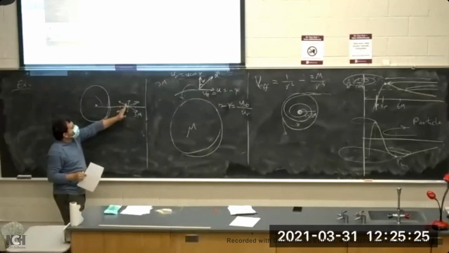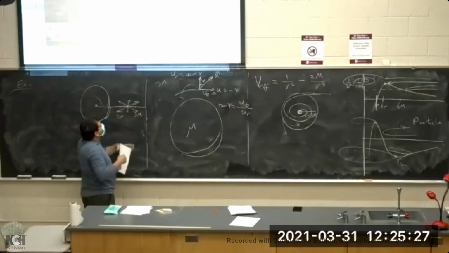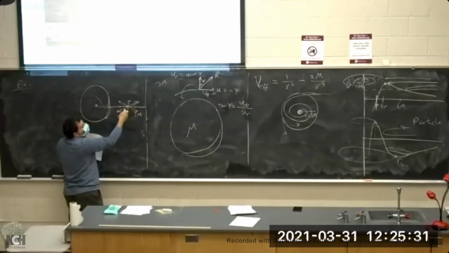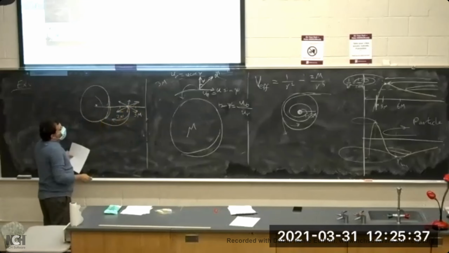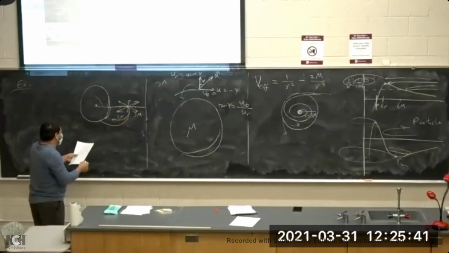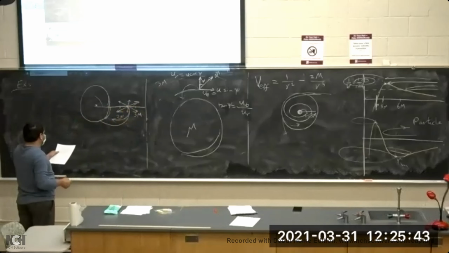So some of this signal will escape, but some of the components of this signal, or the rays of this signal, will be captured again by the mass. So we need to find out the critical angle